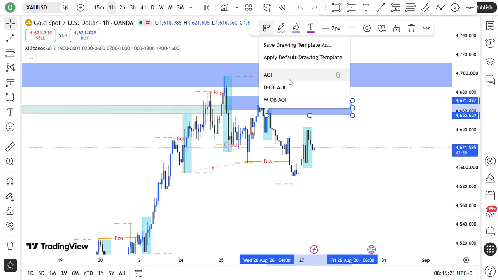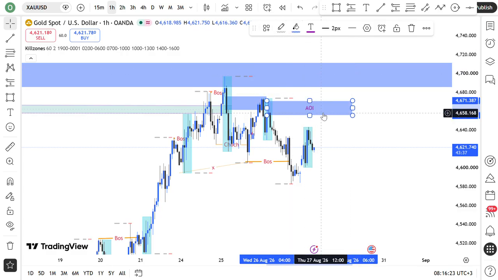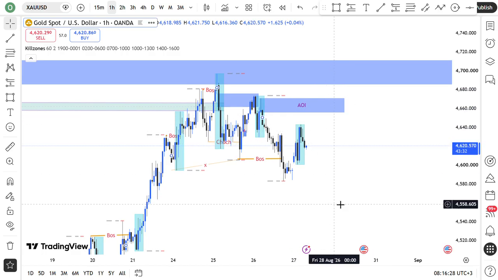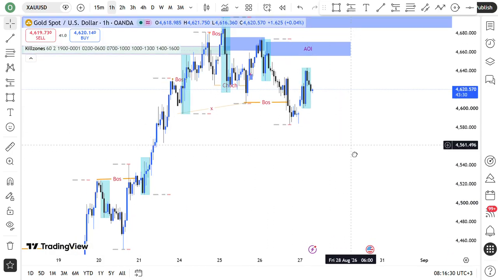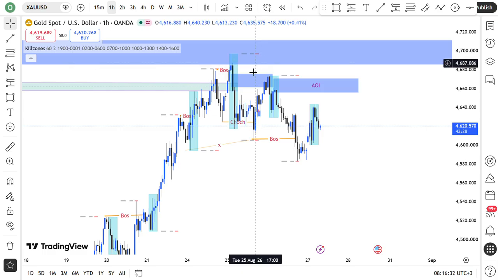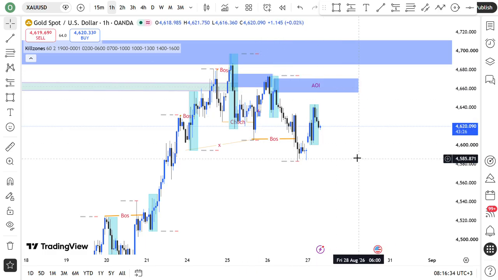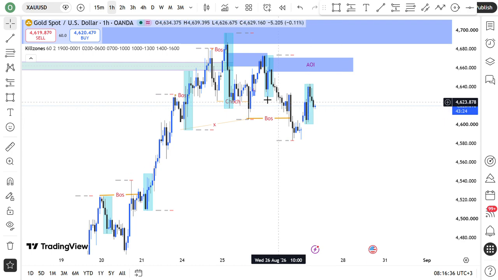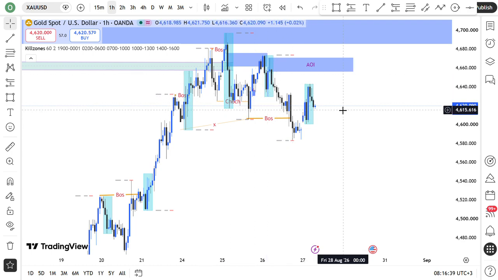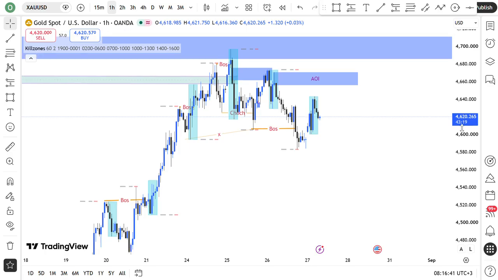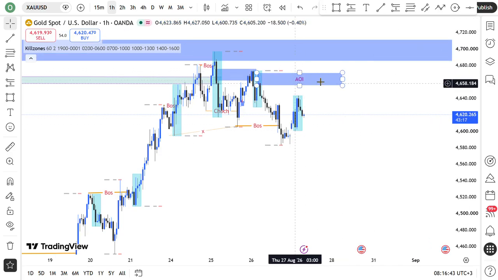So we are going to try to be very patient and wait for this area of interest to be mitigated before we get another move into this area. Remember that right now we are reacting from an order block from a daily time frame,